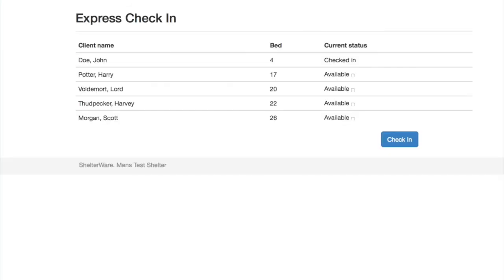This is what your Express Check-in screen is going to look like. These are the names of the individuals that were in last night and the status of each of these. John Doe we talked about, he's in bed 4, and his current status is he's already checked in. But we just said that Harry Potter, Lord Voldemort, and Harvey Thudpecker have just walked in the door and been passed off to the bag checkers, and you're ready to do a group check-in. So Harry Potter, yep, his bed's available. We'll click it. Lord Voldemort, his bed is available. And Harvey Thudpecker. We'll click those